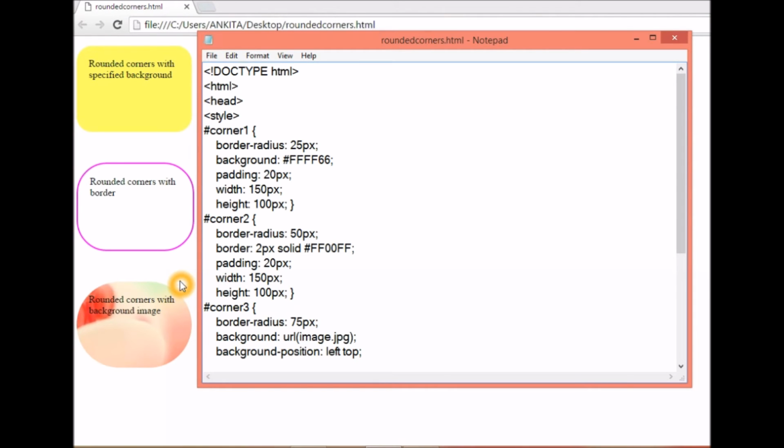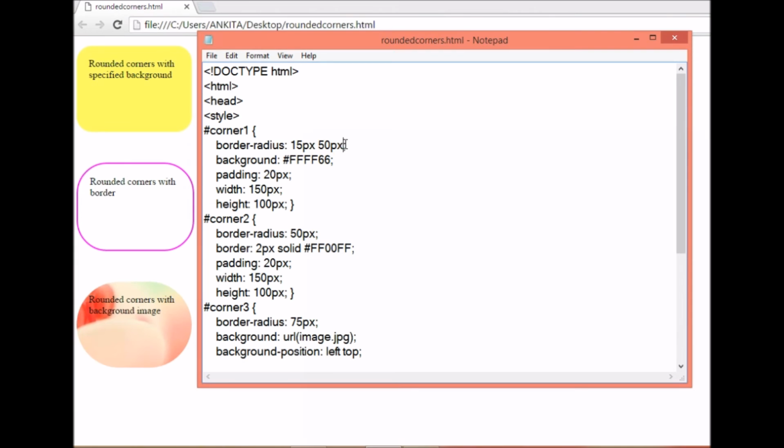Well, you can also make changes to this border radius property. Since we have taken one value here, it will be applied to all four corners and it will give a rounded effect to all of them equally. Either we can use two values. In two values, like we can take 15 pixels and then 50 pixels. By using this, we'll be defining the top left and bottom right together, and top right and bottom left together.